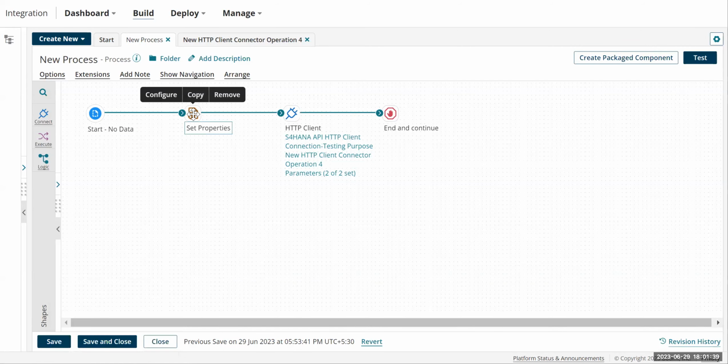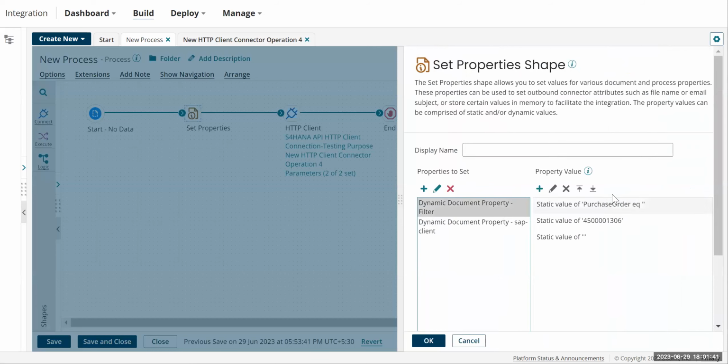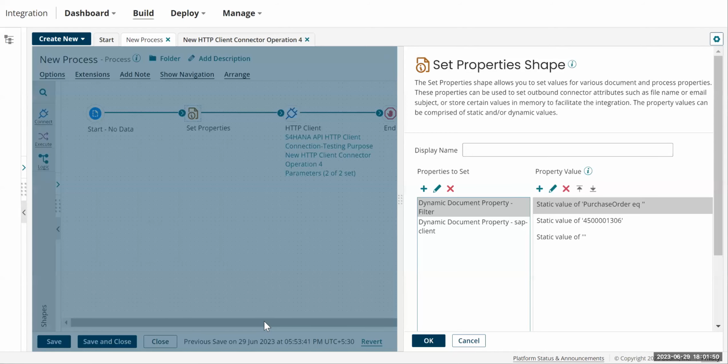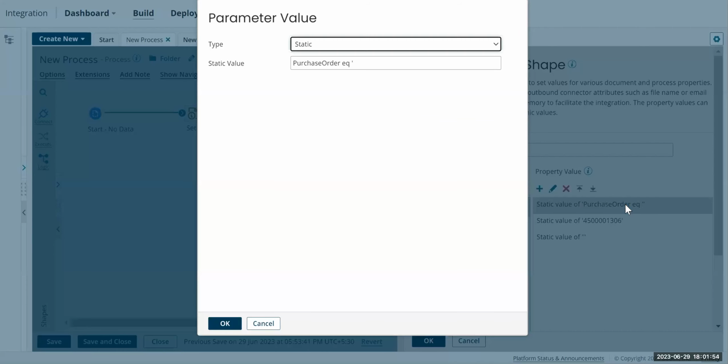In the filters, I'm passing this purchase order as purchase order space equals to this colon, but the HTTP client connector will not be able to parse this space. So we need to give it the equivalent ASCII code for space. For the space, it is %20. So I should be giving %20